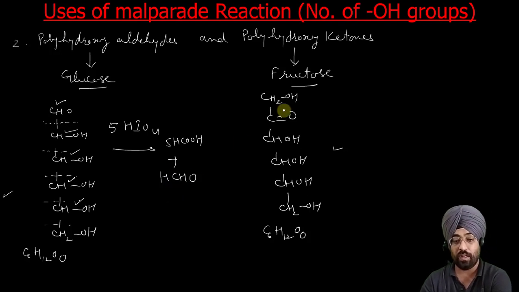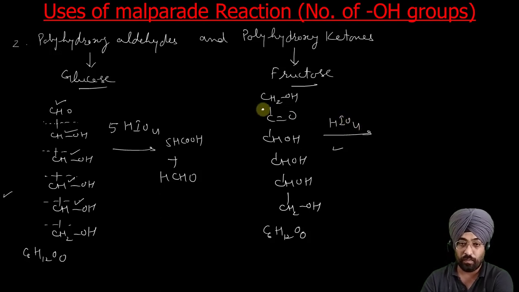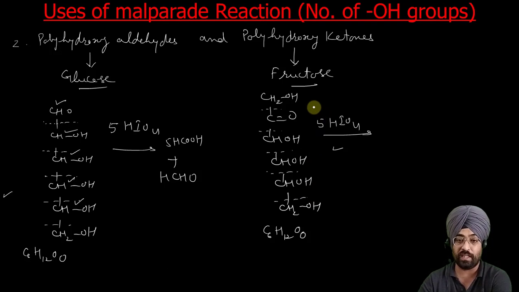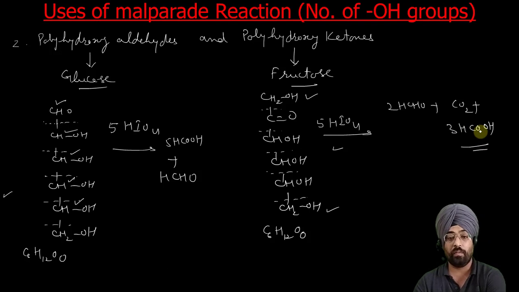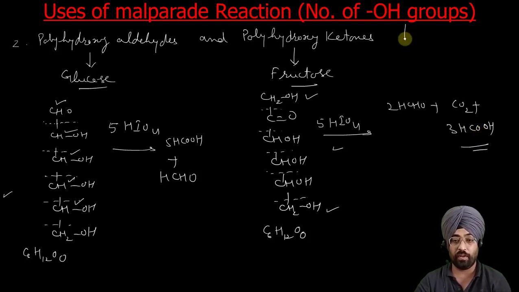Here, how many bonds? Alpha hydroxy ketones undergo this reaction, which we have already done. So this bond will cleave, and so on. 1 2 3 4, 5 bonds will cleave. So we need 5 moles of HIO4. The product will be CH2OH, CH2OH giving aldehyde, HCHO. C double bond O will give carbon dioxide, plus these 3 internal OH groups will give 3 formic acid. So these are the products. But now we are not bothered about products because we have to quantify the number of OH groups.